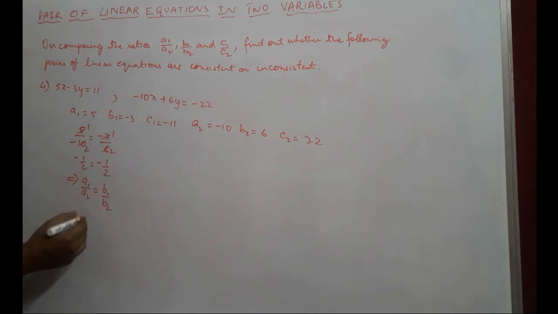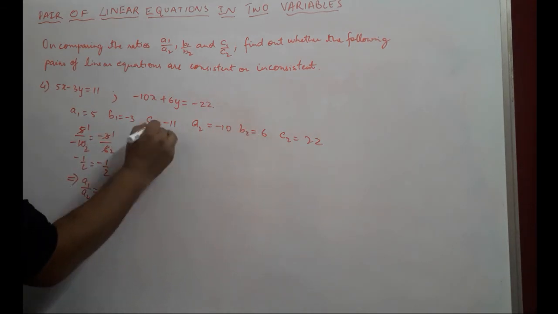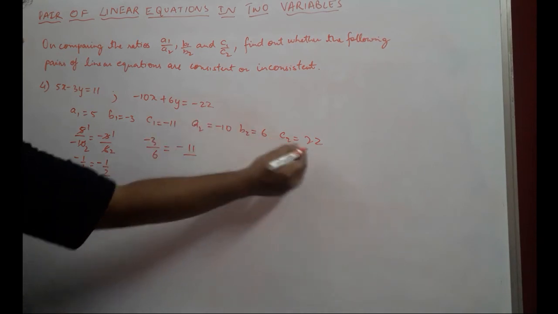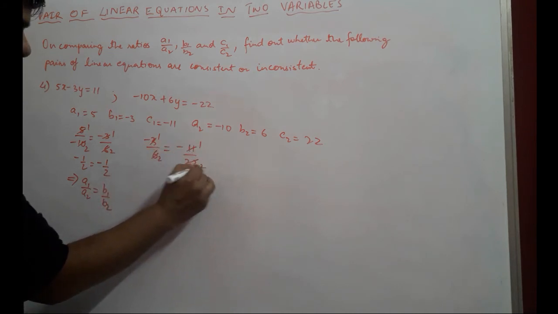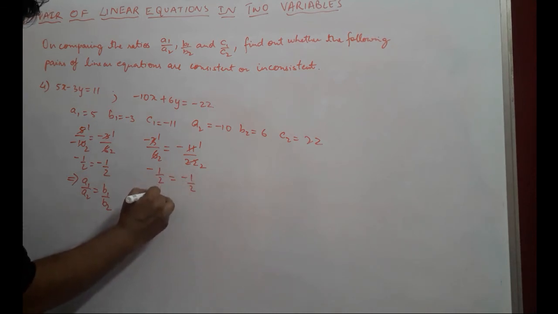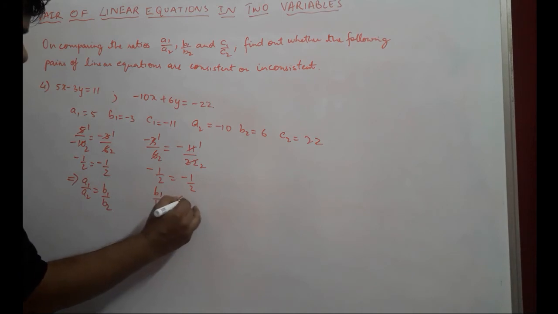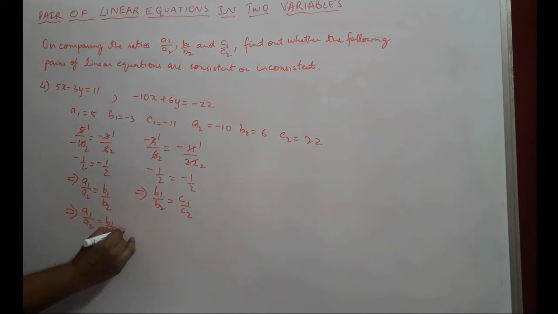Now that the ratios are equal, let's check whether B1 upon B2 is also equal to C1 upon C2. So we will do this over here. B1 is minus 3, B2 is 6, C1 is minus 11 and C2 is 22. So 3 ones are 3, 3 twos are 6, 11 ones are 11, 11 twos are 22, which means we get minus half equal to minus half. So which means that B1 upon B2 is equal to C1 upon C2. Now this total thing implies that A1 upon A2 is equal to B1 upon B2, which is equal to